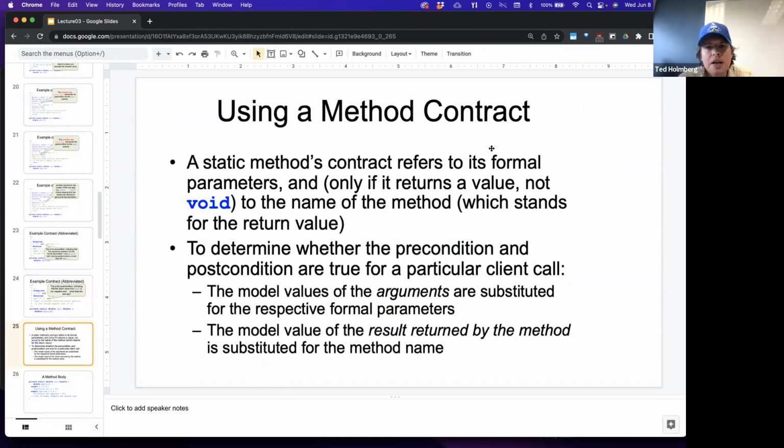Okay, so using a method contract, a static method or an instance method, doesn't matter. The contract refers to its formal parameters, and only if it returns a value, not void, to the name of the method for its